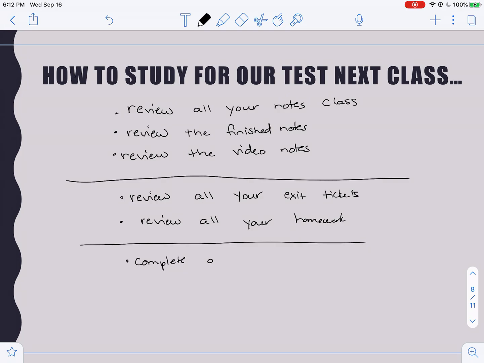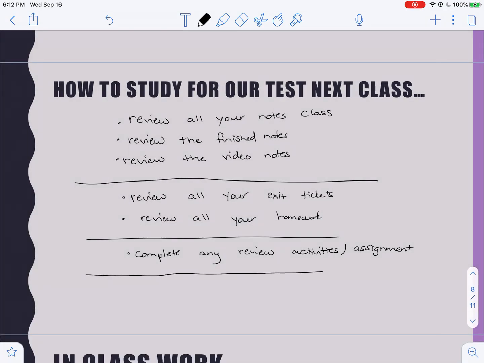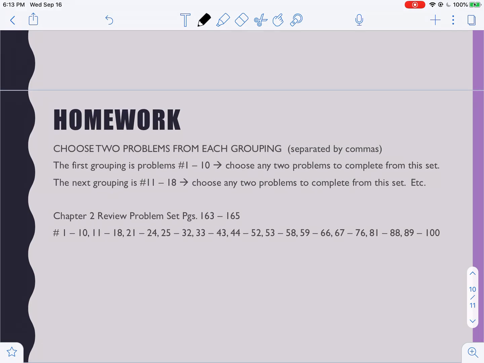I would complete any review activities. So anything that we did in class today to review, I would complete those again. And your review assignment. So the assignment from the book that's assigned for homework today, I would make sure you complete that as well. And then make sure you're studying with the buddy. It's great to study with someone else so you talk about the math as you're doing it. So gentlemen, your homework is the review problem set on page 163 through